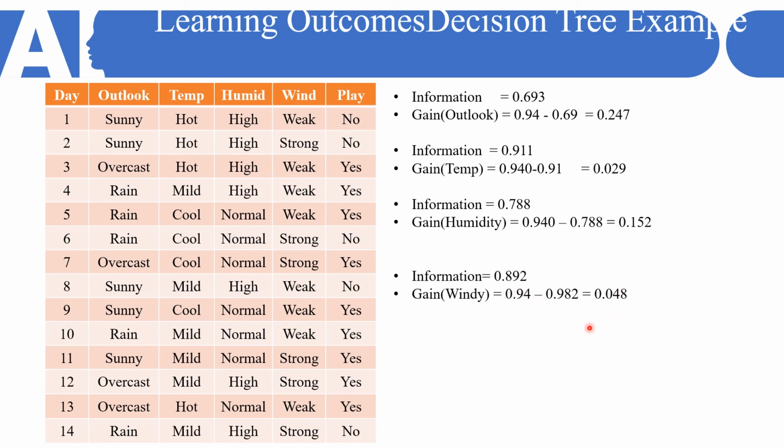So out of these total 4, which has the best value of information gain? You can see that it is the first one, that is 0.247, which is for outlook. So the root node will be selected depending on the value of the information gain, whichever is the highest. So that's why we are going to select outlook as our root node, and then we are going to explore our tree. How we are going to explore it, we are going to see in the next slide.